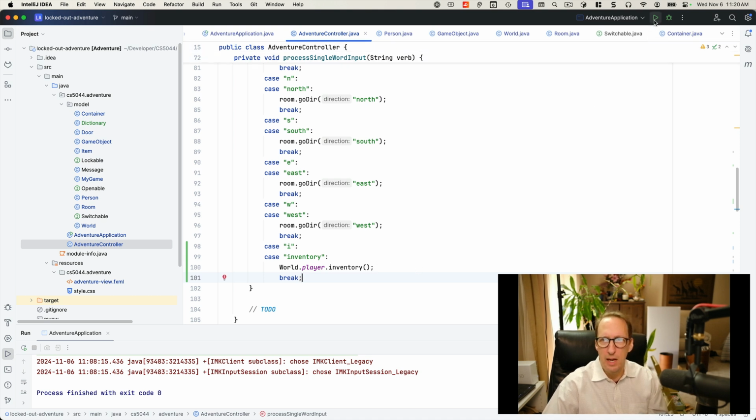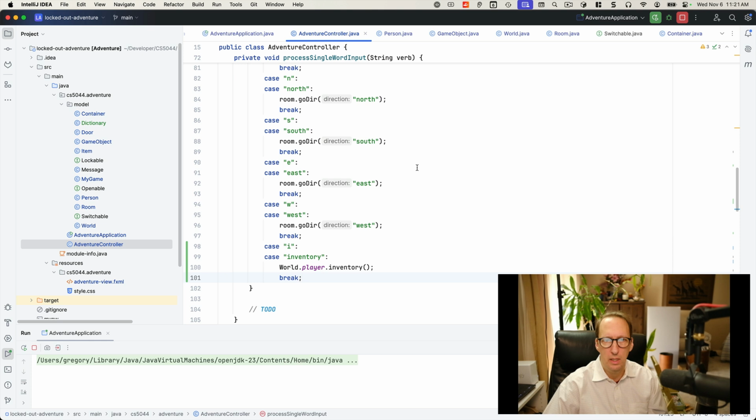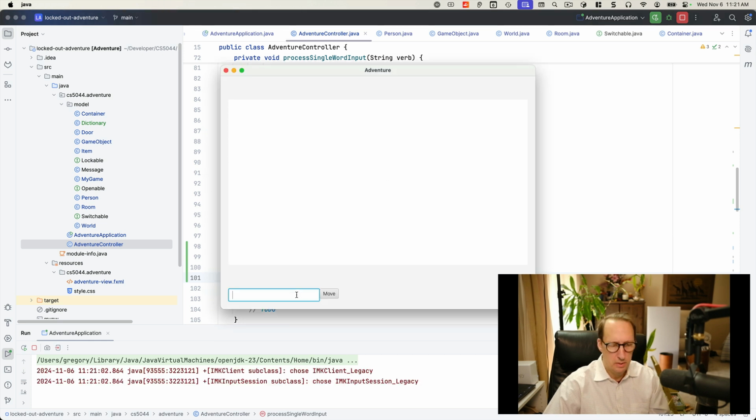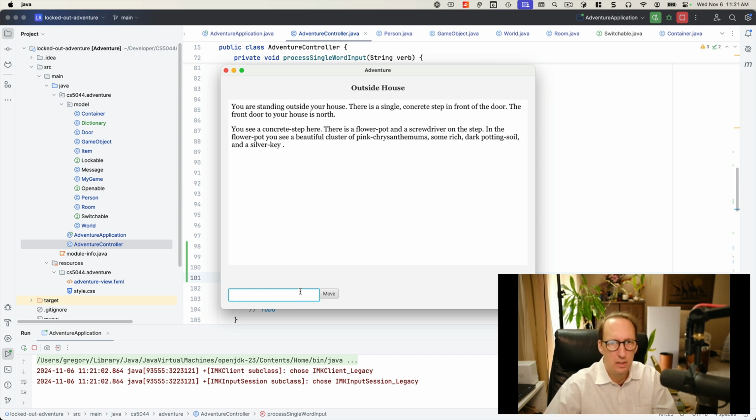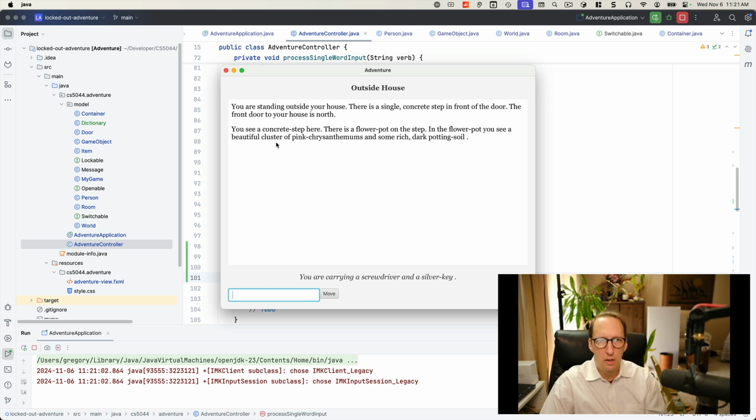Okay, so let's see what happens when I do this. So X, Y, Z, Z, Y. And I'm going to take the screwdriver, and I'm going to take the silver key. So I'm just going to do inventory. You are carrying a screwdriver and a silver key. And notice